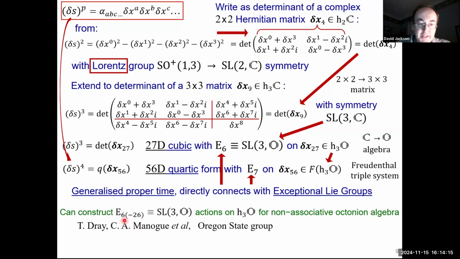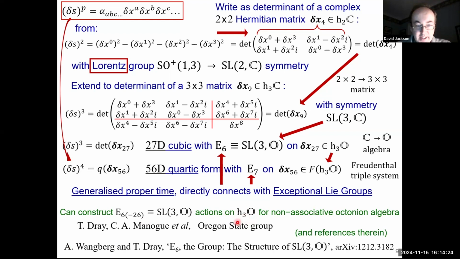But their work on constructing this real form of E6 on this space is exactly the thing I was looking for, to be able to apply it, the details of this structure. So this is one of their references from about 12 years ago, and the references therein. So it's their work from about 15 years ago. This construction relies very heavily on using that, but also cross-checking it with things like Dynkin diagrams, analysis, and so on. Okay, but the results come out, if we look at this E7 symmetry of this quartic form of